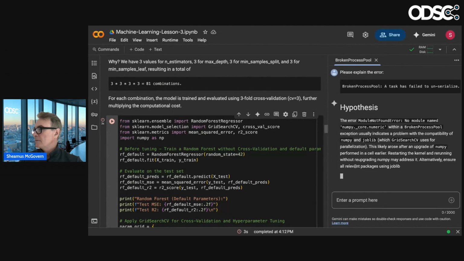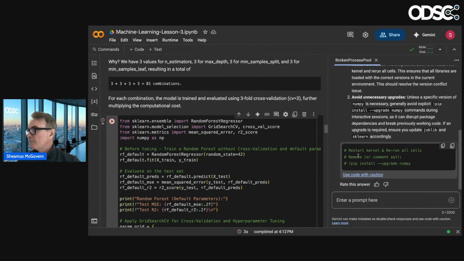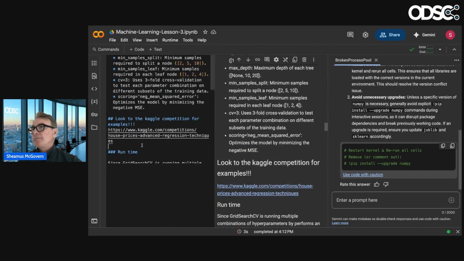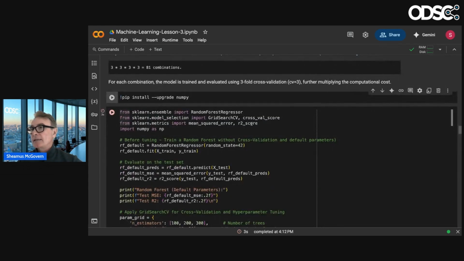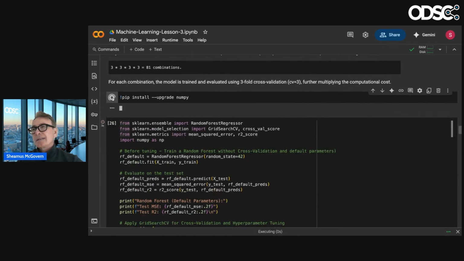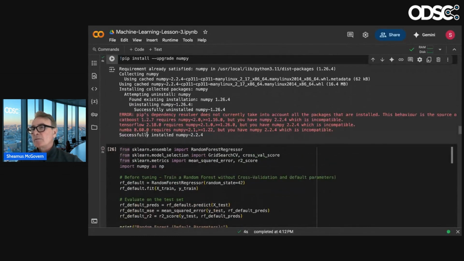Okay, because again, I don't want to look up the... I don't think that's the right piece of code, but let me try it in case it is. If you run this locally, you don't have to do this, but I'm going to do a pip install. I don't think that's the right solution. I think it's a clash between NumPy and something else, but we'll find out in 2 seconds. So bear with me.